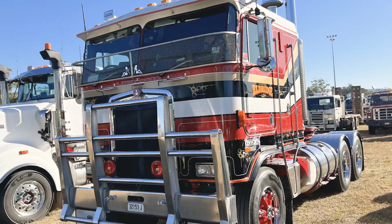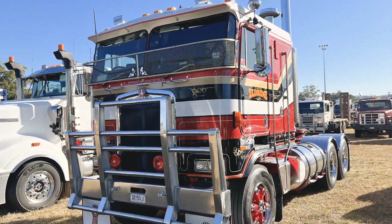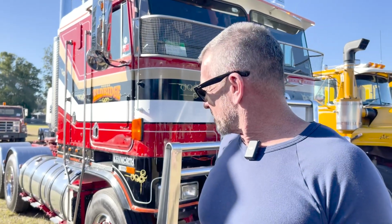I've always driven, always done it. But then I started watching a few things about guys with old trucks, and didn't realise I could actually get one and do the Club Rego thing. So then I started looking around a series like a few years ago for an old truck, and yeah, this one come up. I had one in mind and it fell through, so I bought this one sight unseen down